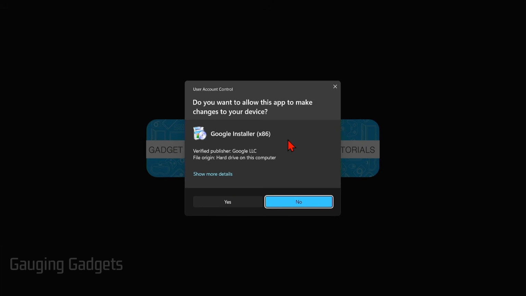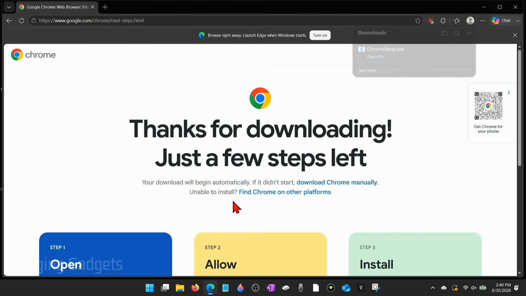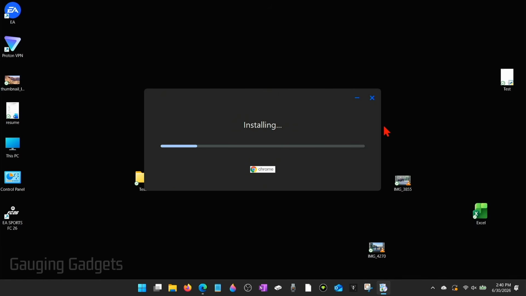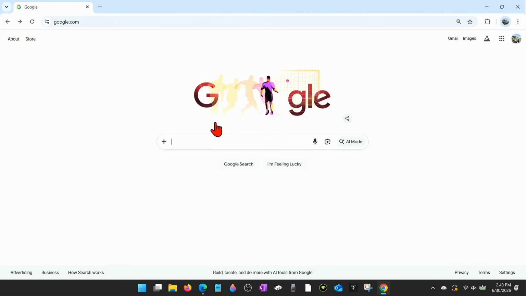Now when you first open up Google Chrome, it's going to need to install. You'll see this screen that says, do you want to allow this app to make changes to your device? And select Yes so that the Google installer can install Chrome on our computer. So then you'll see this where it's downloading the Google Chrome browser, and then it's going to install it. It'll then start installing. Once it's done installing, it'll open up the Google Chrome browser on your computer, and it